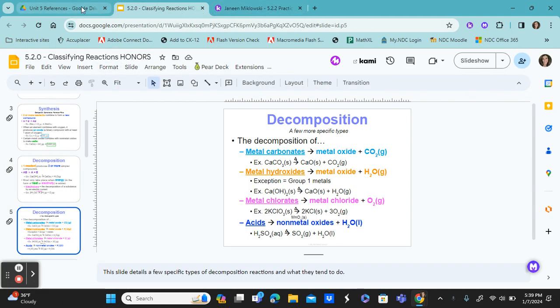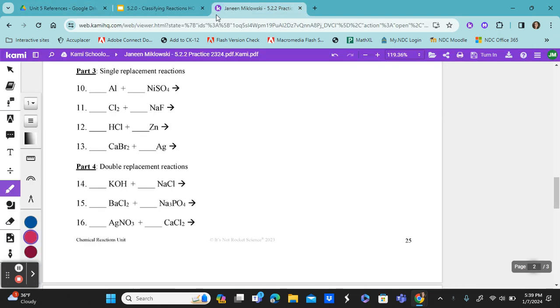So 10, let's see, we're looking at aluminum replacing nickel. So if you look at your activity series,